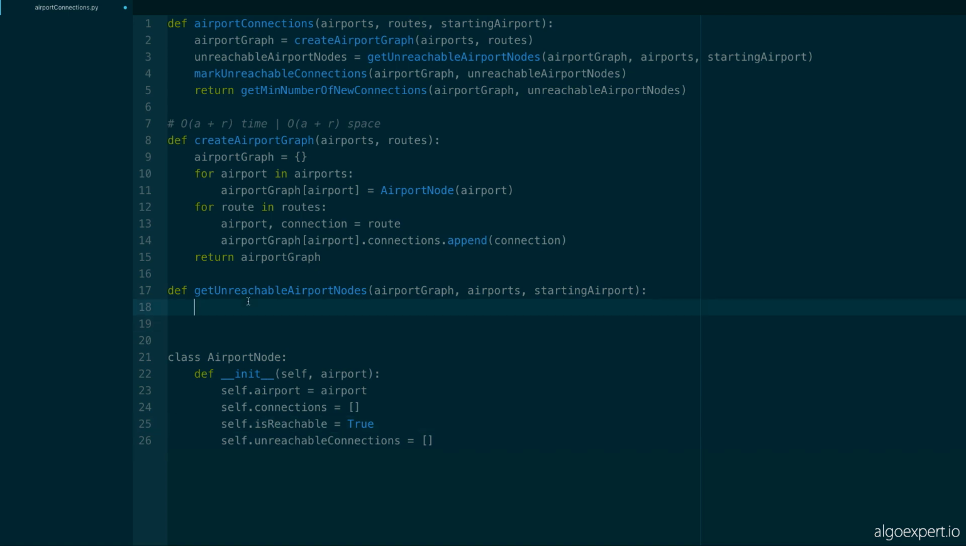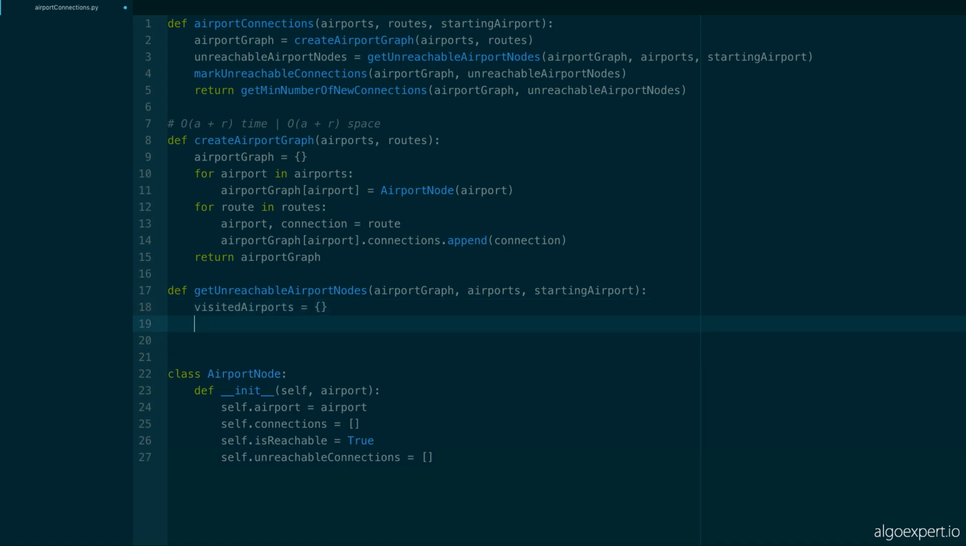Okay, so what is this going to look like? Well, we're going to have to keep track of the visited airports, or the airports that we can visit using depth first search. So that'll be just a hash table. Visited airports is going to be equal to just a dictionary in Python, and we'll set airports to true or false. Then we're going to call a helper method, which is going to be our depth first traverse airports, and